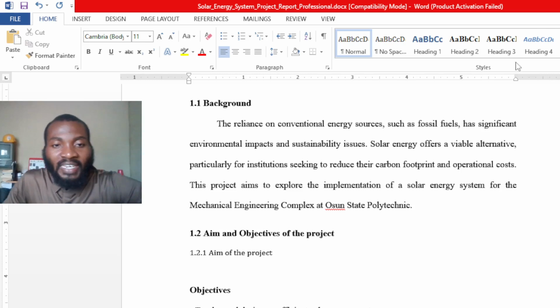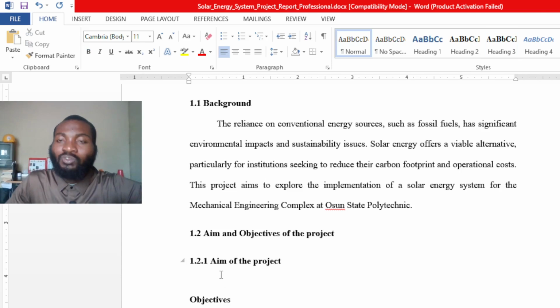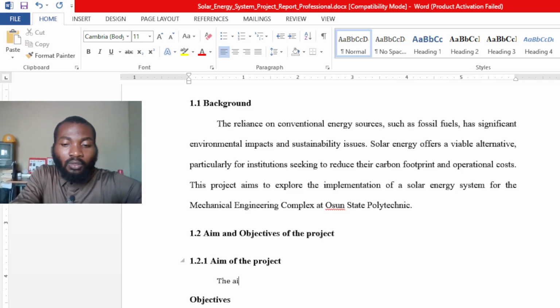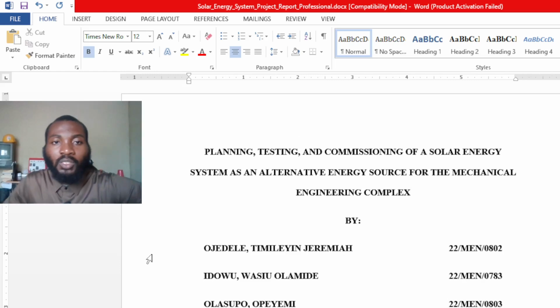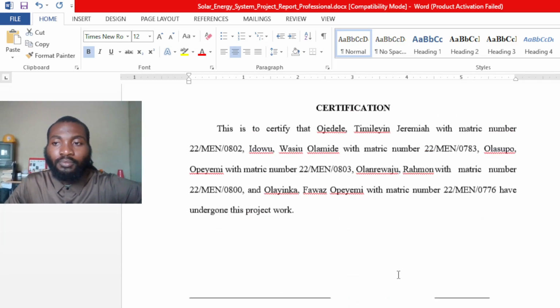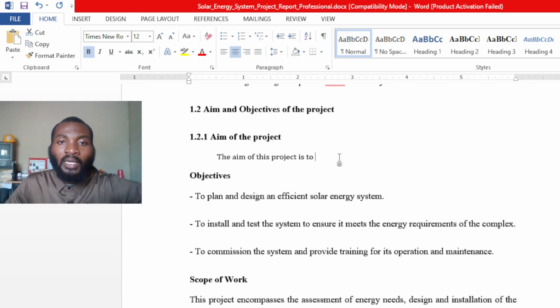Now, for a final year project at undergraduate level, it's acceptable to have just one aim. But for postgraduate, they may have many aims. But right now, it's just one aim. And your aim is to fulfill the title of this project. What's the title of our project? Let me just go and copy it. Wonderful. Our aim is to,